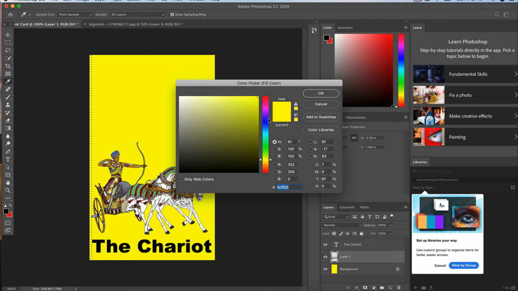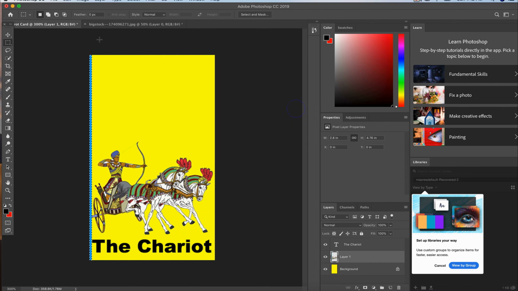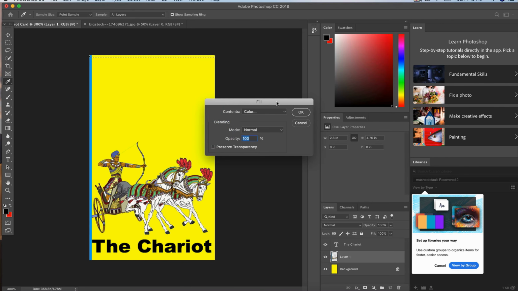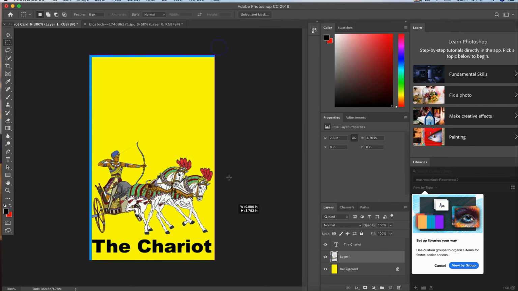Or no, I'm gonna do blue, because the chariot's associated with the zodiac sign Cancer, and blue is, you know, synonymous with emotion and water, so let's do a blue border. You just basically go around the border of the picture. You take that rectangular marquee tool, adjust the size, and then you press fill, just like I was